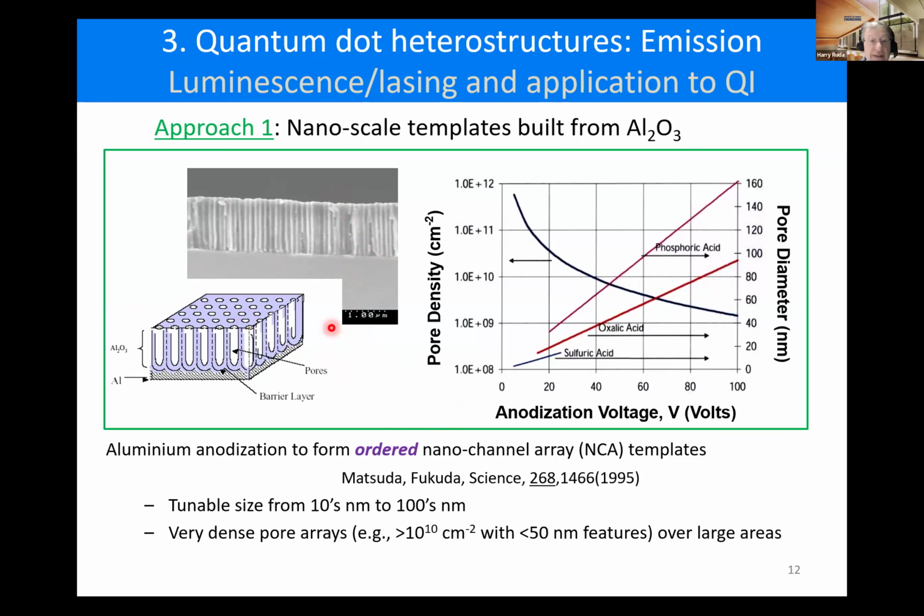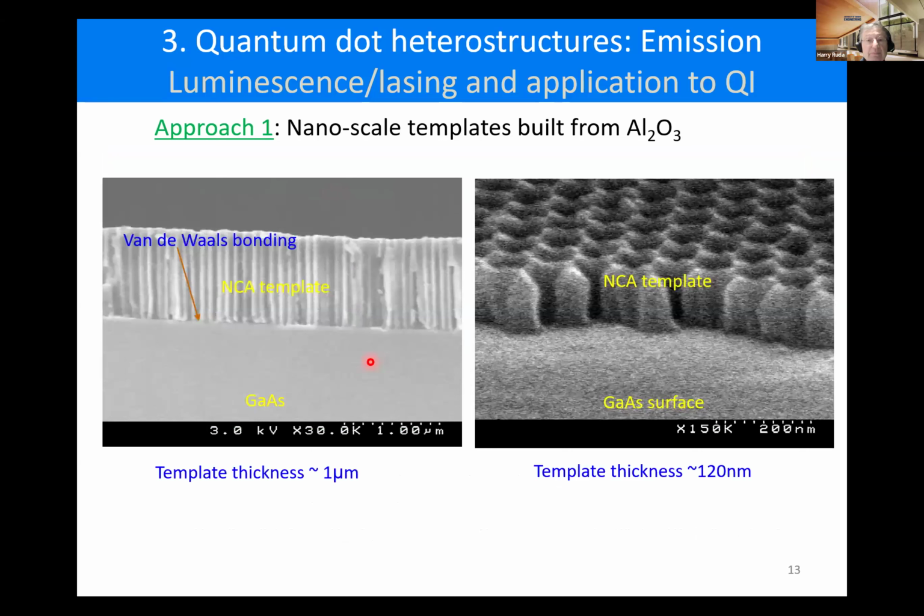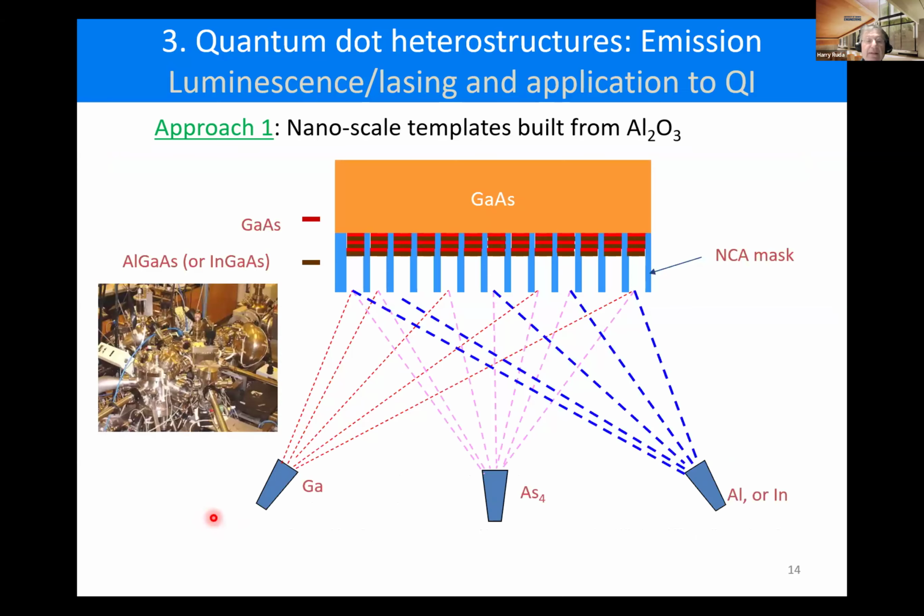And moreover, these systems can be coupled. So here are some examples of thin and thicker templates which we used to prepare the quantum dots, and I'll show you how. The principle of the preparation is as follows. We used molecular beam epitaxy to